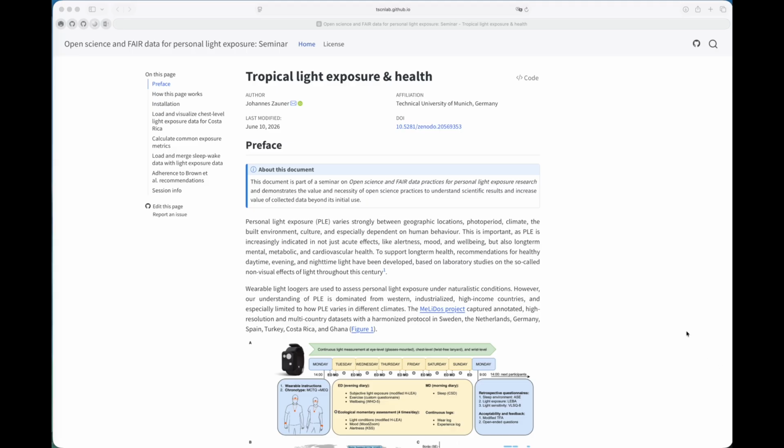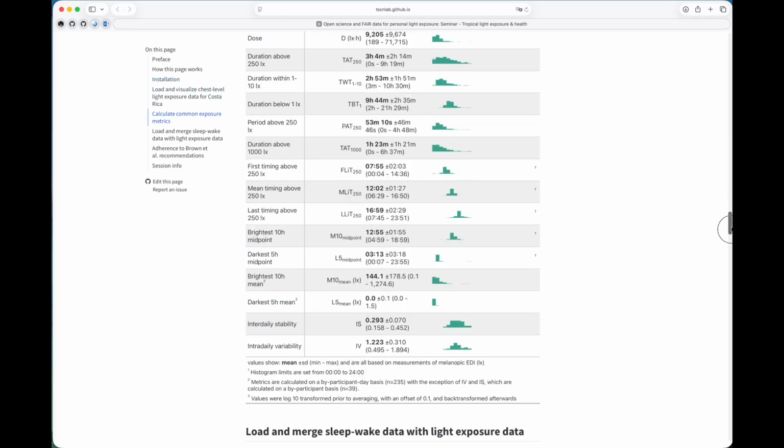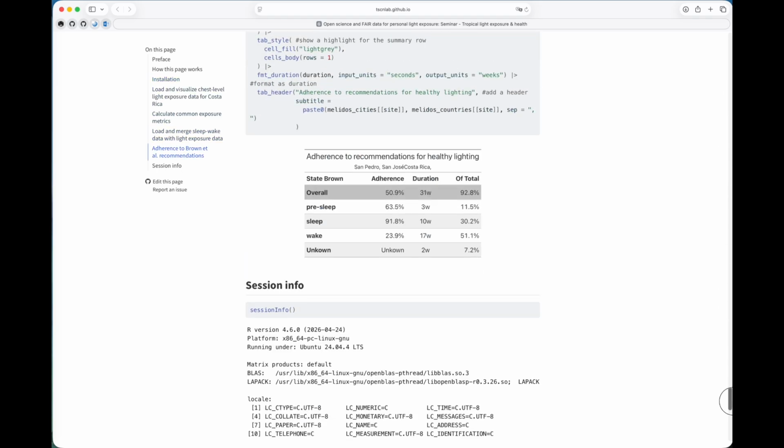So the goal here is, if we scroll down to the end of the document, the main outcome is this table that shows us which percentage of the time people followed recommendations for healthy lighting overall, in the evening, the 3 hours before sleep, during wake, and which time frame was unknown due to non-wear or non-documentation of sleep-wake periods. So that is the main outcome, and we're going to recreate this using Quarto and the open data that is